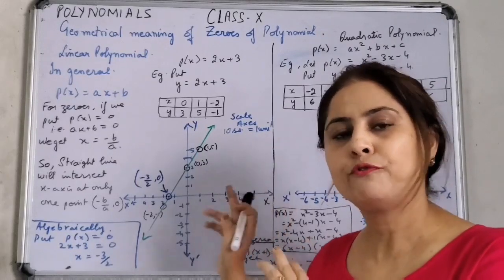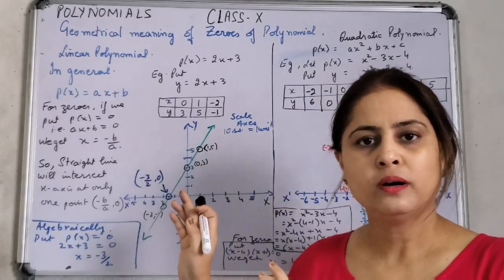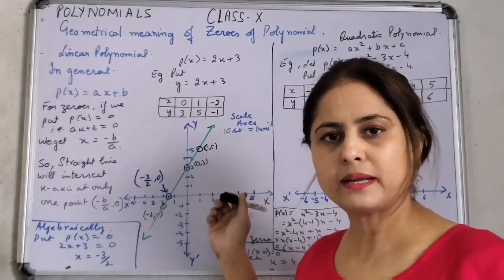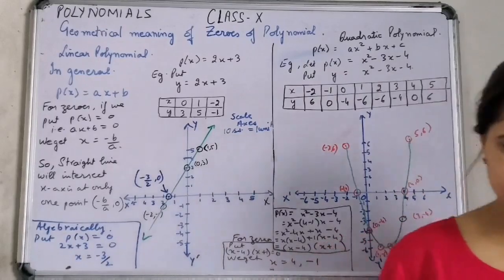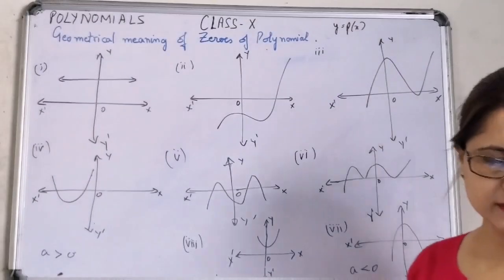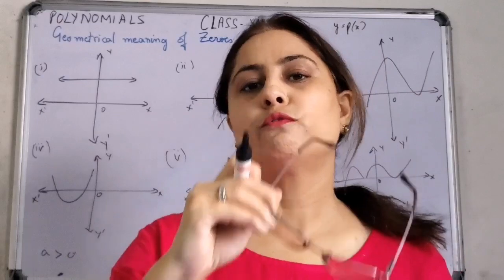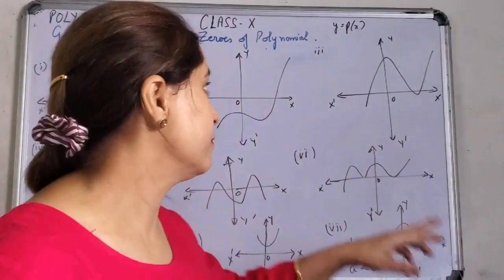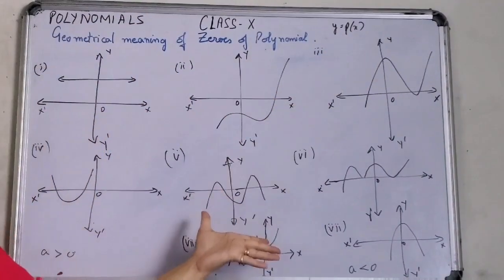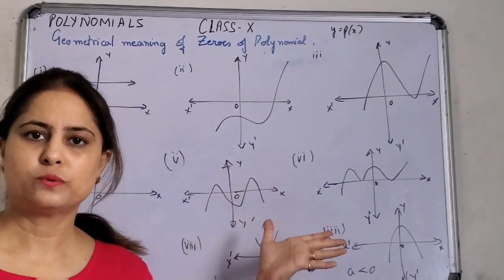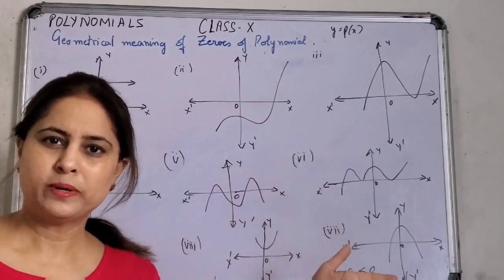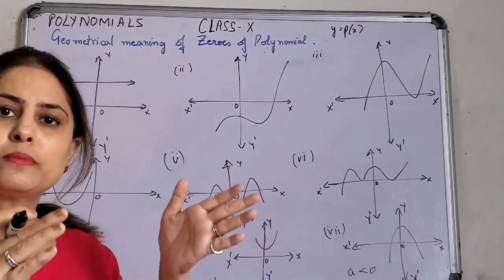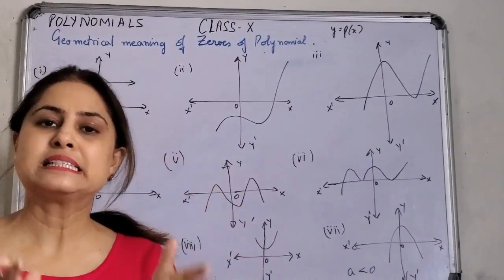Now I'll draw a few graphs from the textbook so that you know what the question is and how to answer it. Thank you. In the meantime, just take it down. We'll move to the next. So boys and girls, now we are dealing with exercise 2.1 of NCERT, and the question has given us the graphs of y is equal to p(x) and you have to find out the number of zeros. If you remember what I did a few moments back, I said number of zeros are identified from the number of points where the graph intersects the x-axis, right?